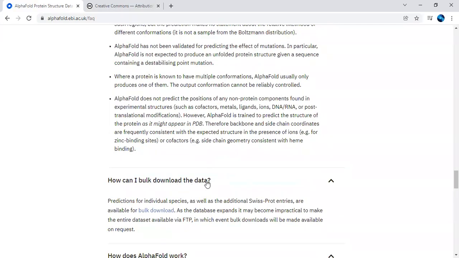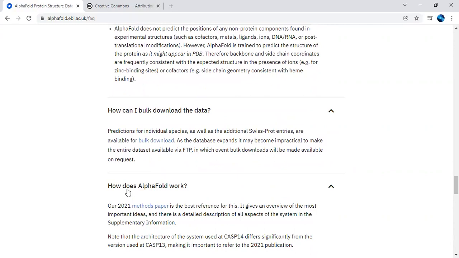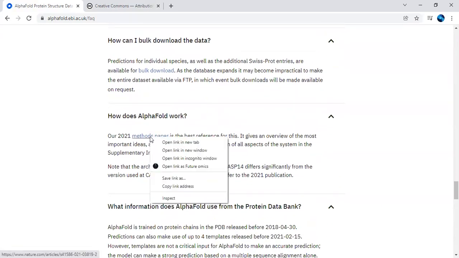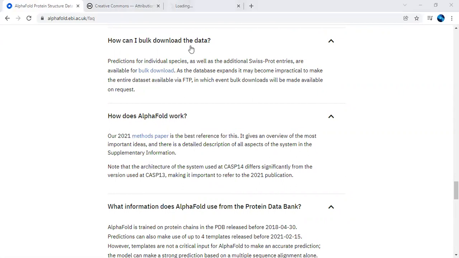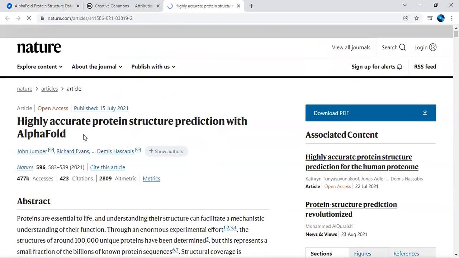Can I download the bulk of the database datasets, that link has been given. And how does AlphaFold work, the method paper is available. You can find this paper. I think here you will get a nice overview of how AlphaFold is used. It is highly accurate protein structure prediction. So what is AlphaFold about?